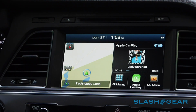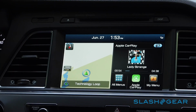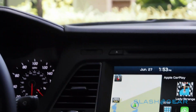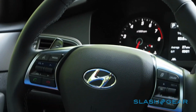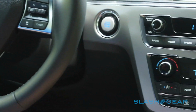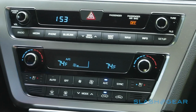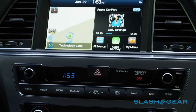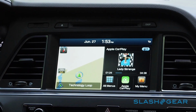I'll take the Pepsi challenge against anyone in the system out there right now. Our layout is very super clean. Everything's easy to read. Everything's right where you need it to be. I think ours is very safe. We've thought about everything that we need to think about when it comes to these types of systems, and I can't wait to see it in cars. Hopefully we're targeting the 2015 model year, and I know we'll accomplish that. We haven't determined which model will get CarPlay first, but we're in final development stages on